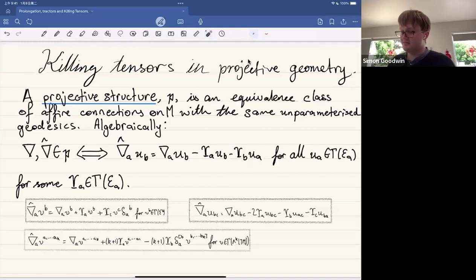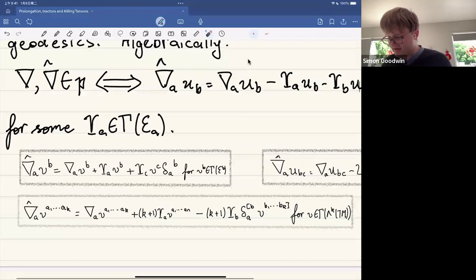Now, algebraically, this can be much more neatly written down, I would say, as this equation here for some one form upsilon. And so now this essentially gives us all the tools that we need to analyze things like projective changes and develop some calculus here. So while this is the transformation law for one forms here, we can of course calculate the transformation law for vector fields. We can calculate it for 2 forms or just covariant 2 tensors. And I've got an important one down here, being the